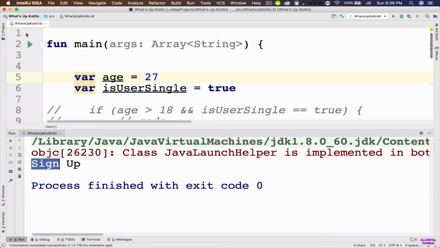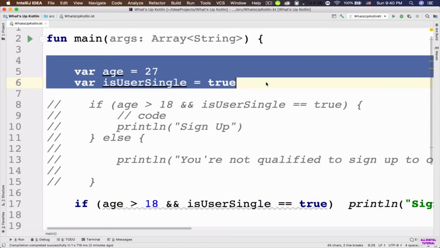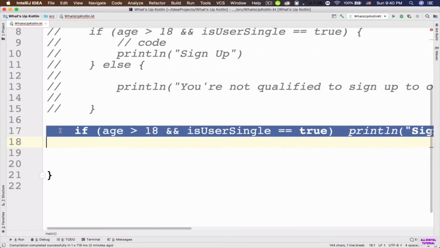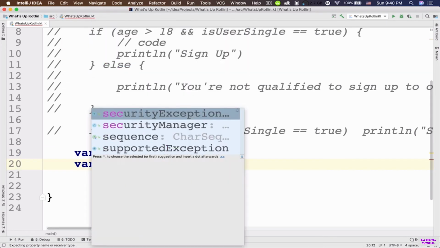So hopefully that makes sense. By using the if-else expression, we can also calculate the maximum or the minimum of two numbers. So first let me comment out these lines of code here and also this one. So now I'm going to create two variables, and the first one is going to be first number, assignment operator 10, and the second variable is going to be second number,